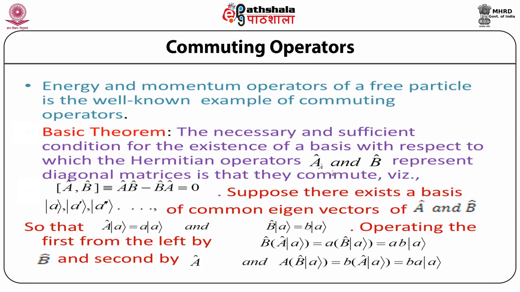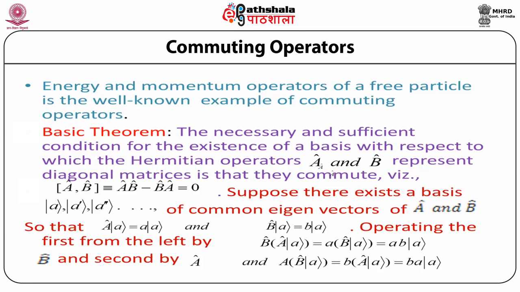and operator B acting on ket |a> is equal to b times ket |a>, where b is the eigenvalue of the operator B. Now, operating the first from the left by operator B and the second by operator A, we see that operator B acting on operator A acting on ket |a> is equal to a times operator B acting on ket |a>, which is equal to ab times ket |a>,